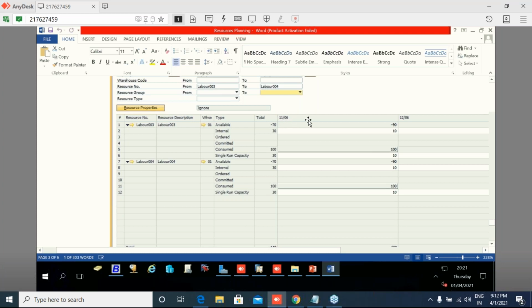And here we can see 1106, we have used this, which means the working hours are 10 basically, and in available we have shown minus 90. And same for labor 004, we have utilized this resource master data on 11th of June. Its quantity is 10 hours, and in available it has shown minus 90.